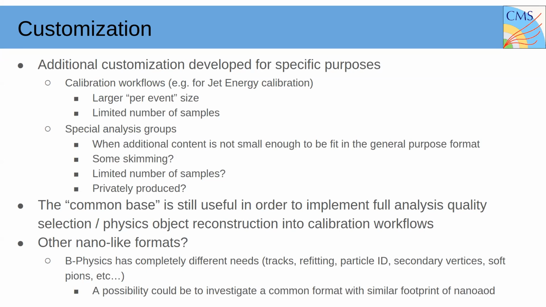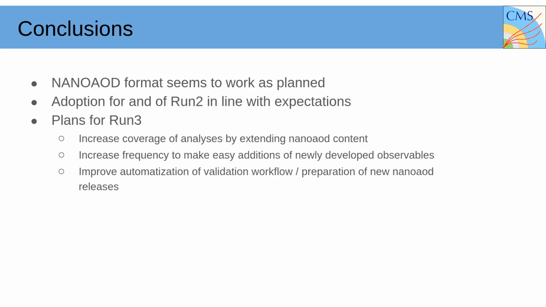And we are also looking into nano-like formats, for example for B physics, which has a completely different set of needs than many other analyses, because they need tracks for fitting, even soft tracks. They need particle ID, secondary vertex, and the idea is to investigate if a format like nano AOD for B physics is possible. So in conclusion, the nano AOD format seems to work as we expected and planned,